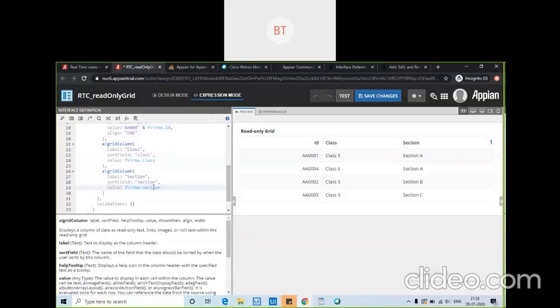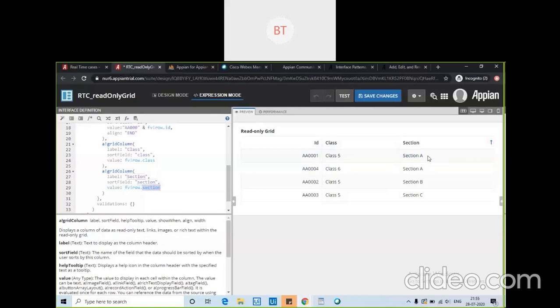So here, this every bang row dot section, what it is doing is, for each row it is taking this whole value. And if you take dot section, then it will take this section A, the whole part.